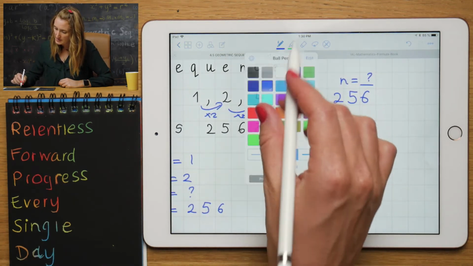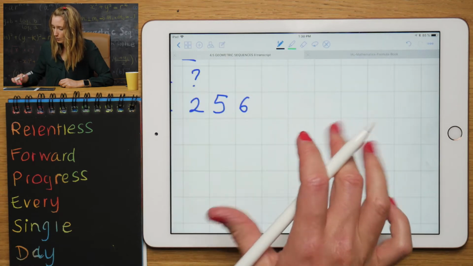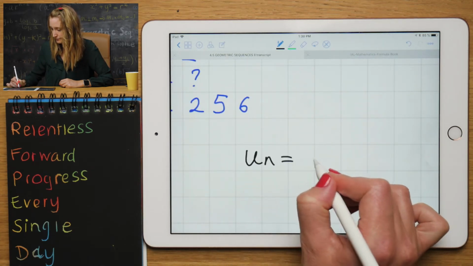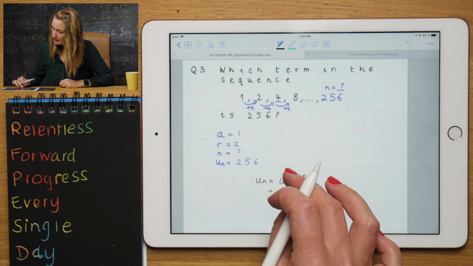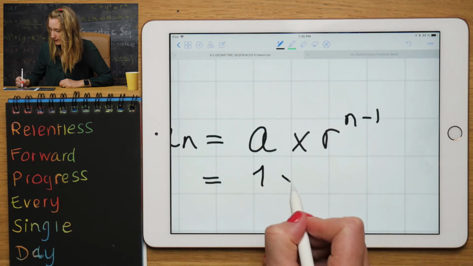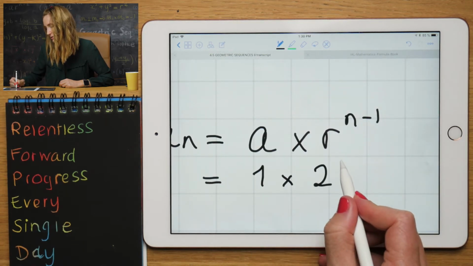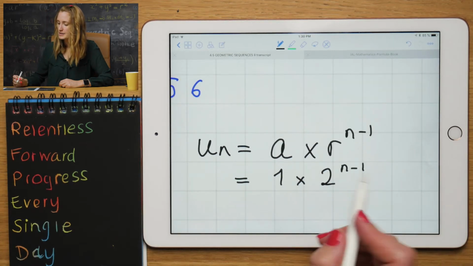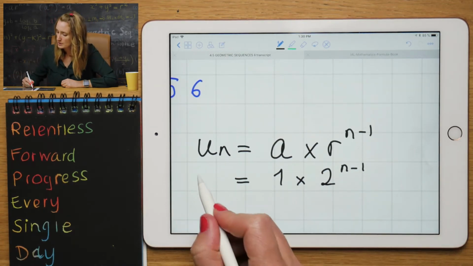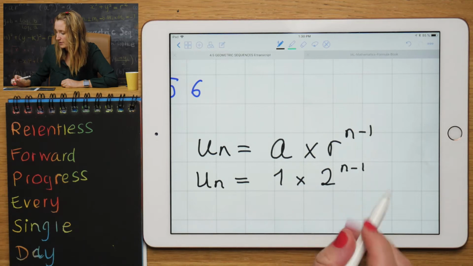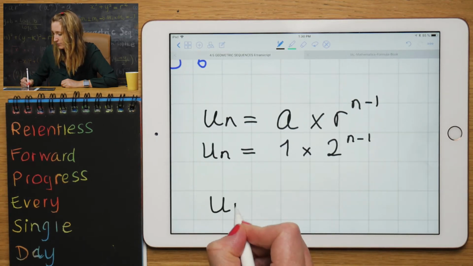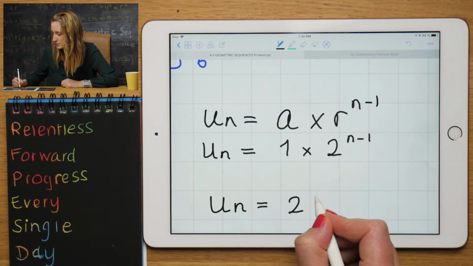So we start the process exactly the same. We write down our nth term, using our a is 1 and our r is 2. So 1 times anything is just going to leave it the same. So our formula is un is equal to 2